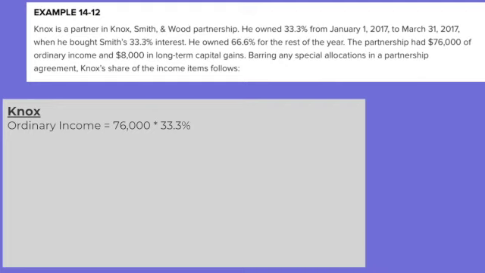He owned 66.6% for the rest of the year. The partnership had $76,000 of ordinary income and $8,000 of long-term capital gain. So barring any special allocations in the partnership agreement, Knox's share of income is, we take that ordinary income, that line 1, on Schedule K, $76,000, and we've got to calculate what he owned for the first half of the year at his partnership interest rate and what he owned for the second half of the year at his partnership interest rate. So for the first 3 months at 33.3%, he gets